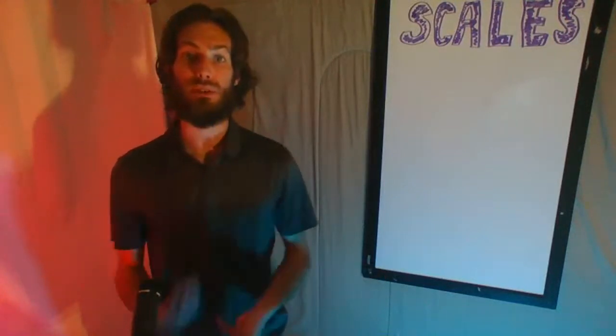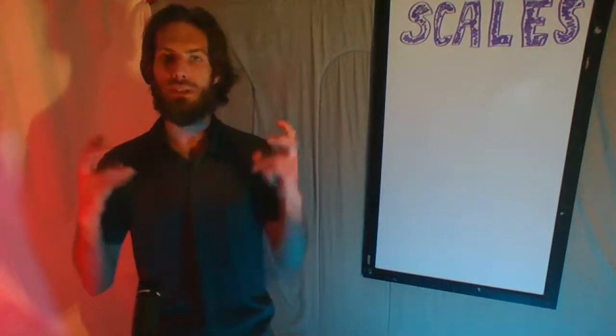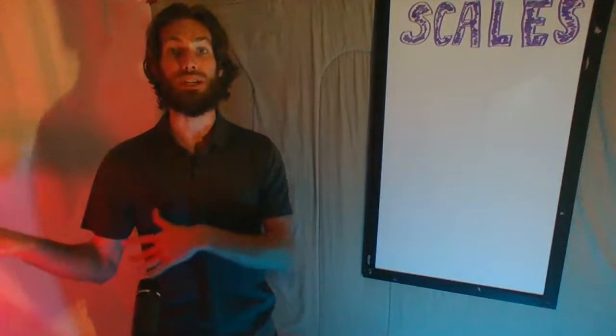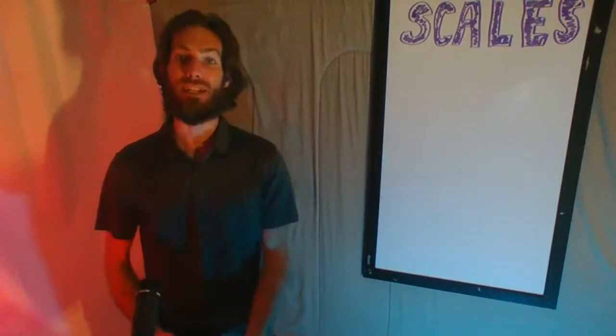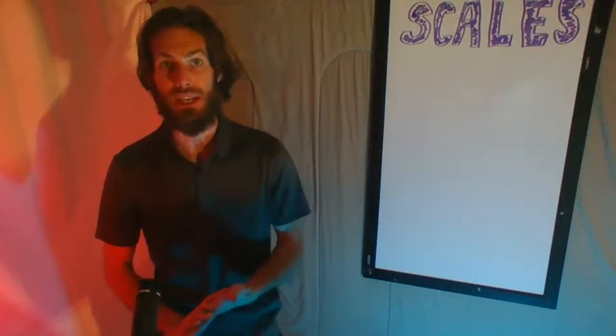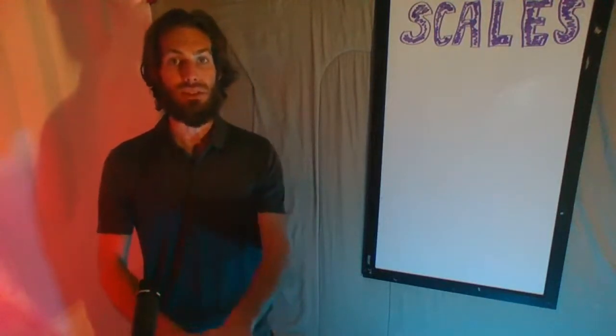We give up because we don't know what to call things. We don't know the proper name for something, and so we stop because we don't like to be wrong, right? It takes a lot of studying, a lot of memorization to really get the hang of how scales and keys all work together. I'm going to do my best to make it very easy to understand, even though you don't